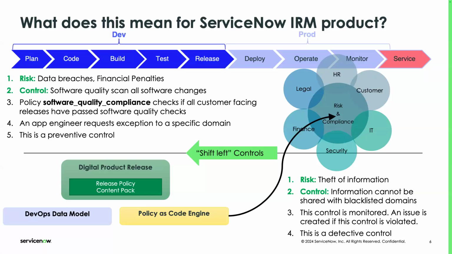But then there's another very important aspect of this, and that's the exception process. We always have exceptions to these controls, right? Maybe for one reason or another, you might say, okay, for this particular product, the risk is very low. We're going to allow this exception this one time, maybe for a 10-day period to deploy these changes into production without meeting this control. So you have to be able to not only track compliance, but track the exceptions as